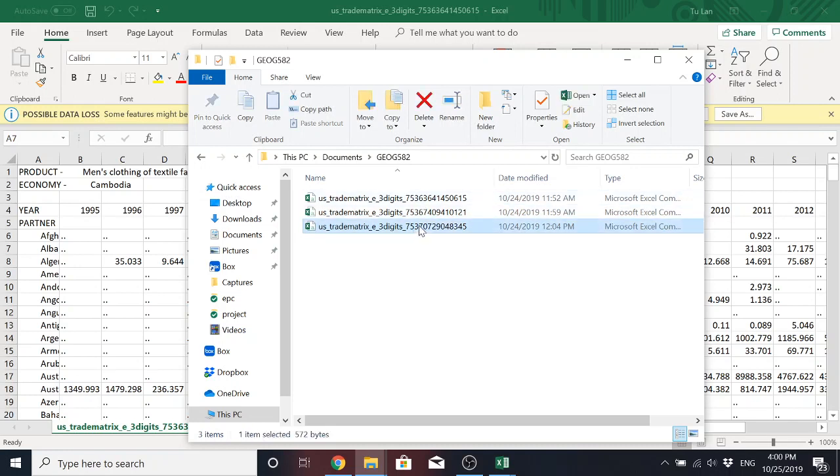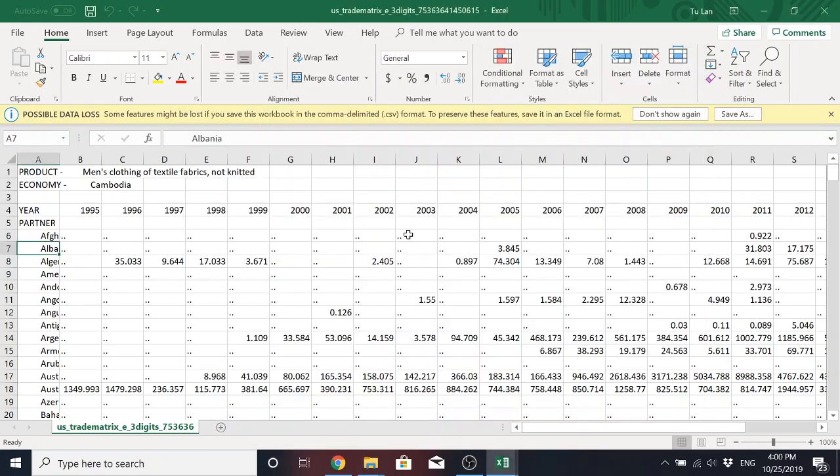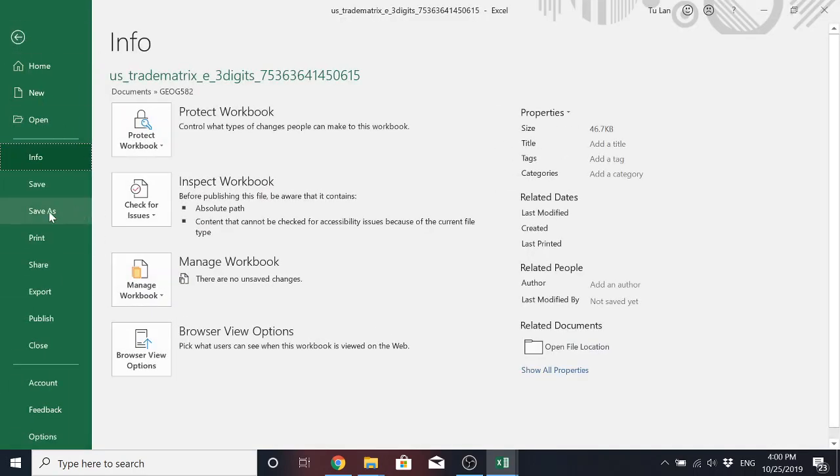In this case, a folder with my course number. The first thing I will do is make duplicate files. So once I open my first table, I would like to save this as a duplicate, so if I make any mistake in this table, I can always roll back to my original table. Now to do that, you have to go to the file on the top left, and then you save this